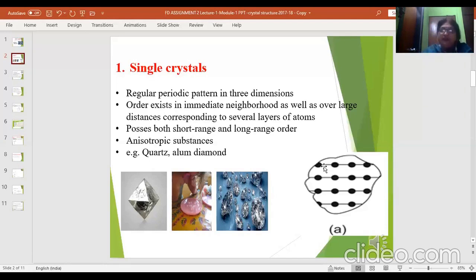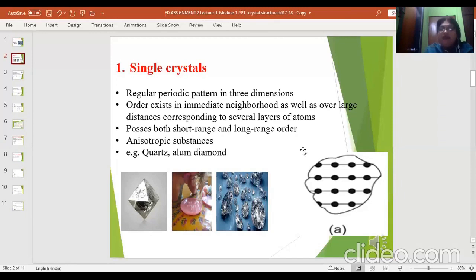When you look at this diagram, you can see that this is one single crystal of some irregular shape. The atoms are arranged within it in one particular style. If I take this as the x-axis, then all the atoms are oriented along the x-axis. Similarly, there could be another single crystal where all the atoms are arranged along the y-axis, and another where the atoms are aligned along the z-axis. So therefore, they are not isotropic, because you're not taking a random average of all of them.